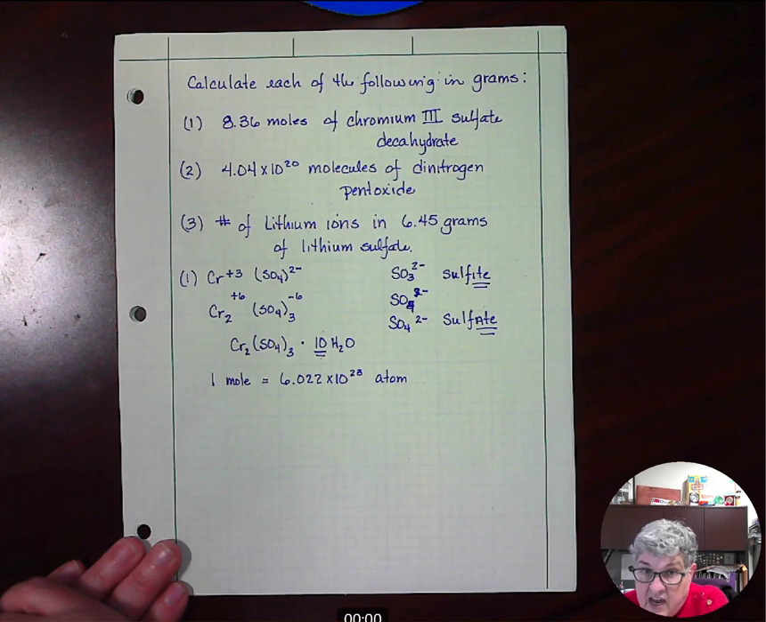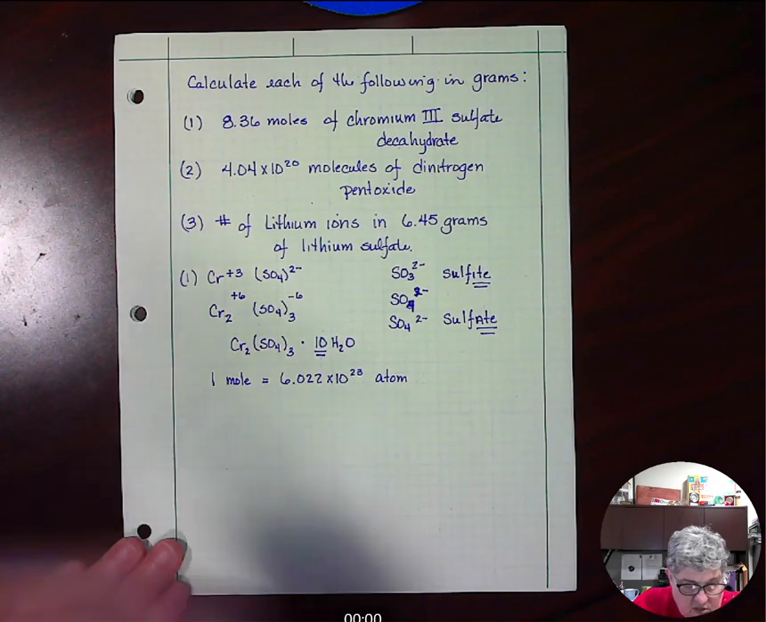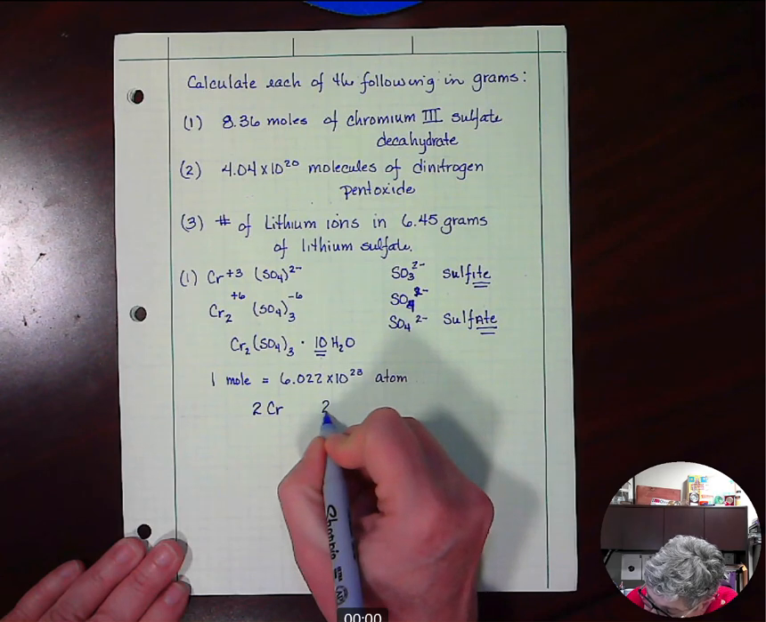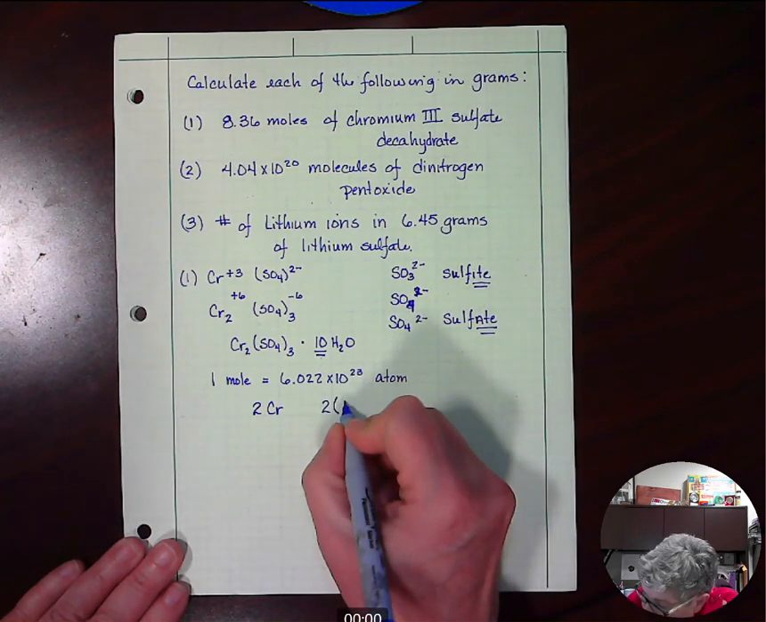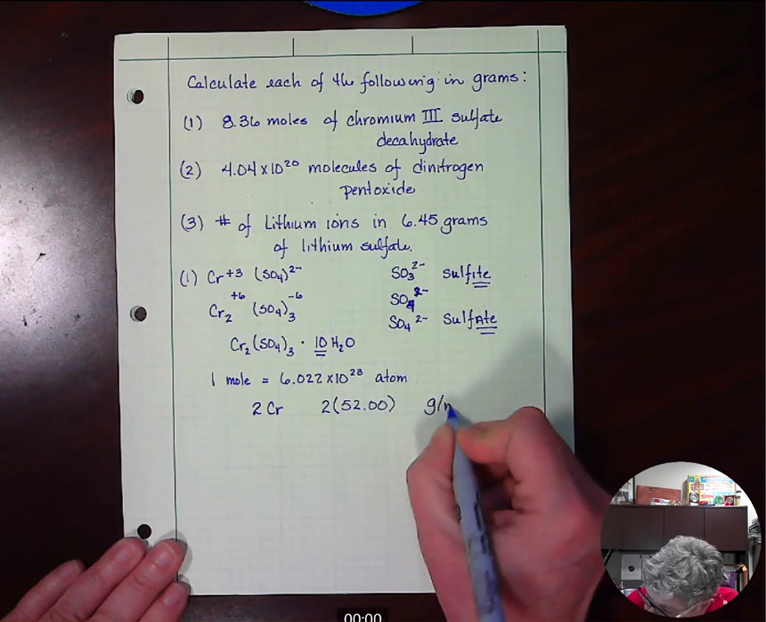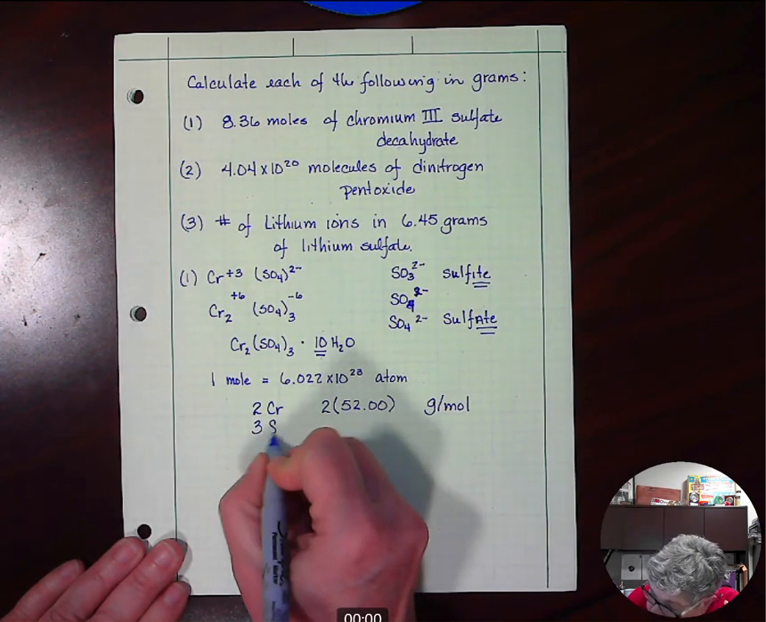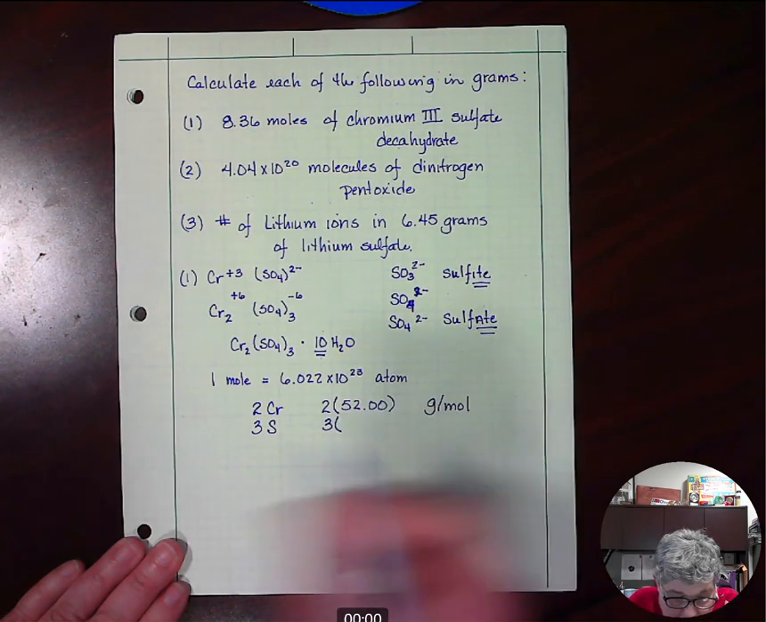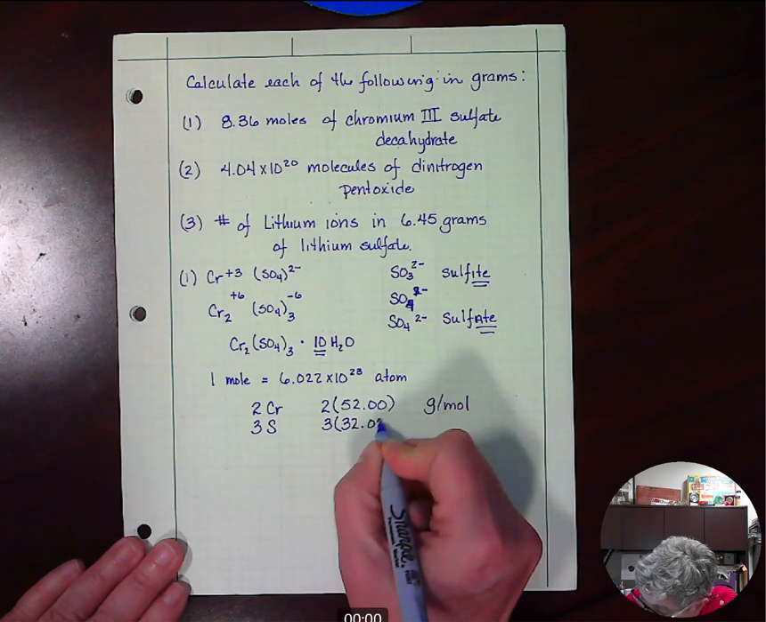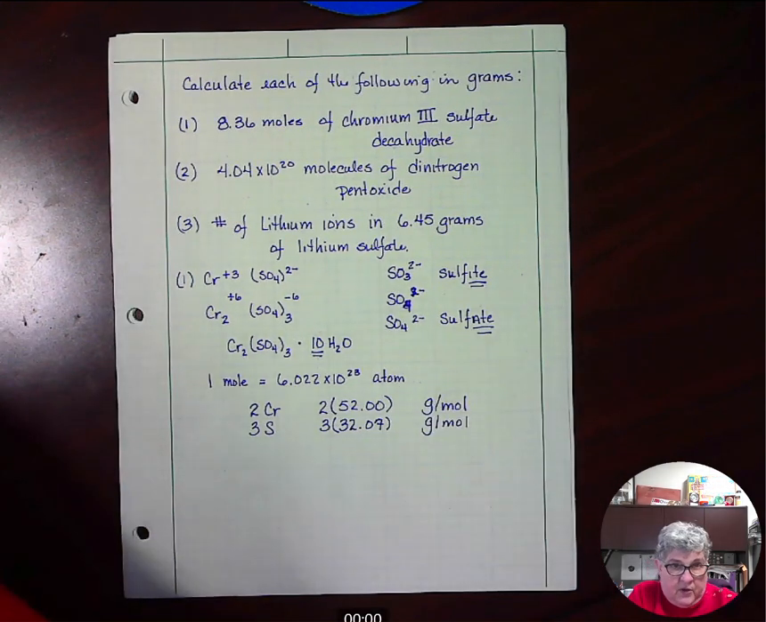So again, what I'm going to have available to me is a periodic table so that I can do those calculations. So let's do my chromium. I'm going to have 2 chromium atoms, so that's going to be 2 times 52.00, and when I'm reading it off my periodic table, that is in grams per mole. I'm going to have 3 sulfur atoms, so I'm going to have 3 times, and I'm going to go look at my periodic table, and it is going to say 32.07 grams per mole. And I'm going to go ahead and move my periodic table over here so that you can